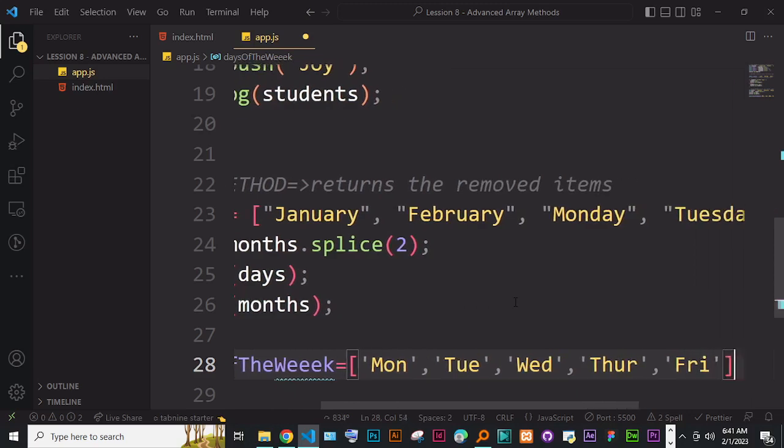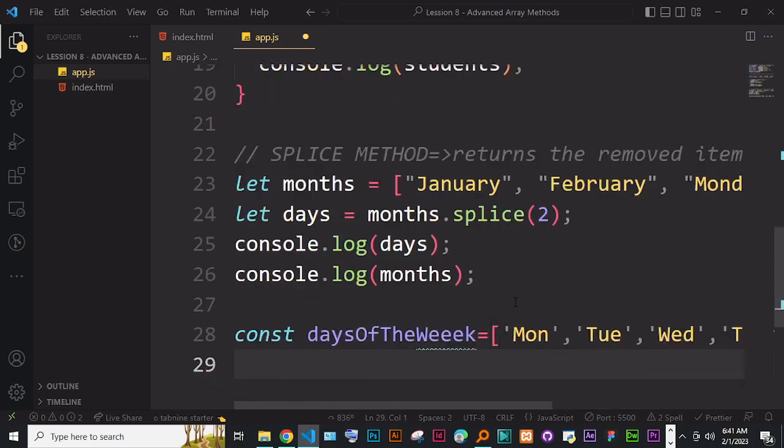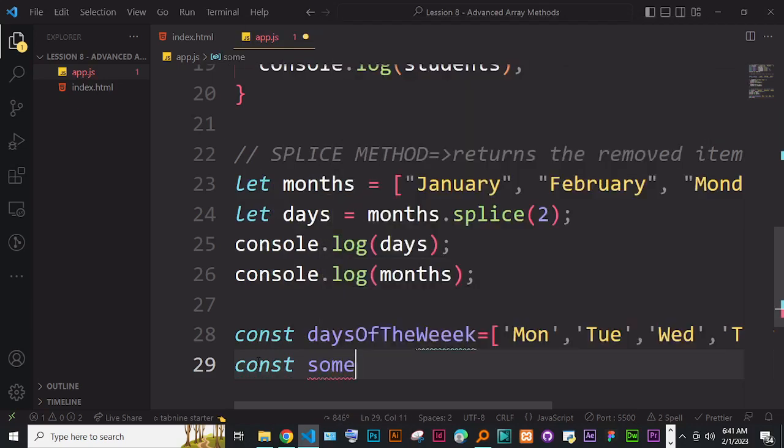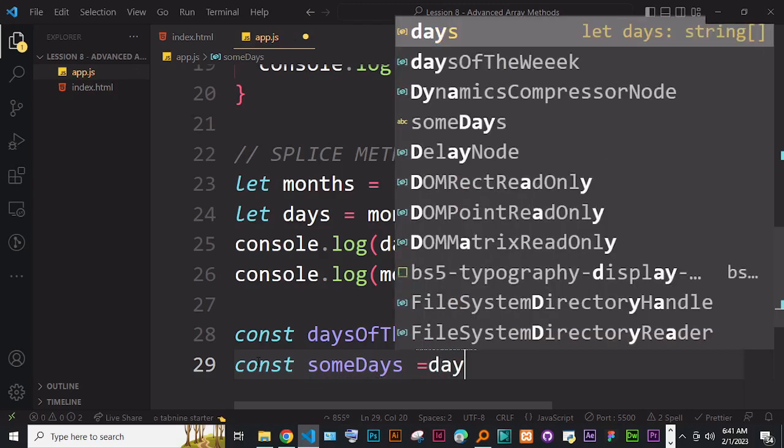Okay, so that is enough to demonstrate what we want. So if we want to extract from Tuesday, we could just say const some days, due to lack of a good name, and I could call this days of the week